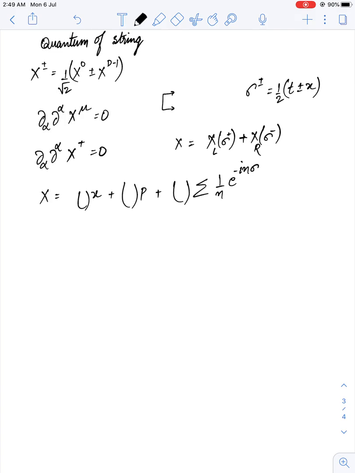We can, but it should be composed of one, and there are coefficients here, but I can't see it. There should be x plus, when x is written in terms of left and right, we can